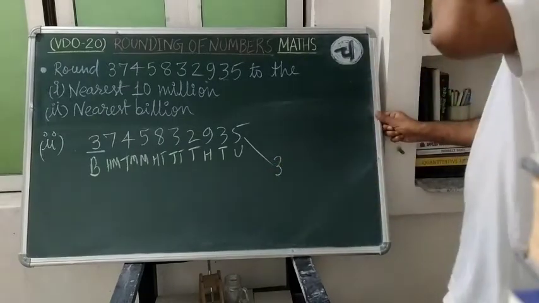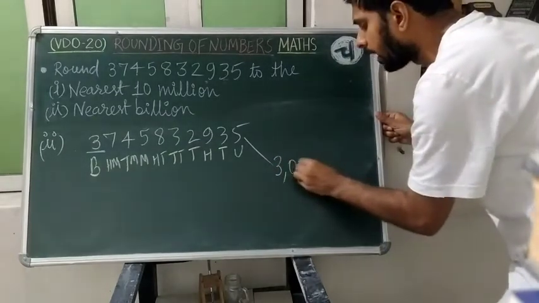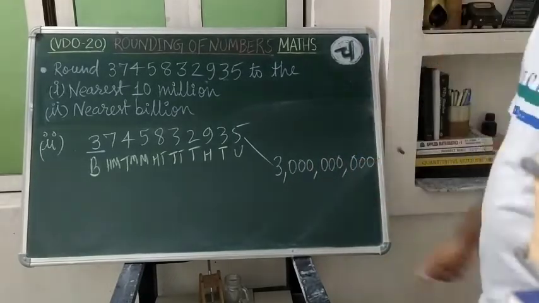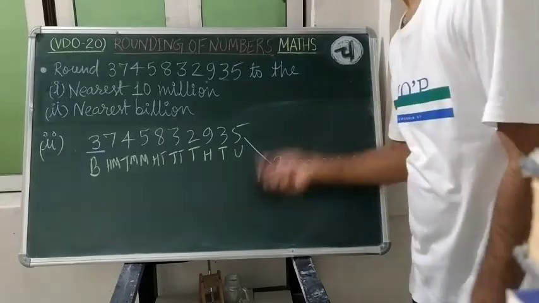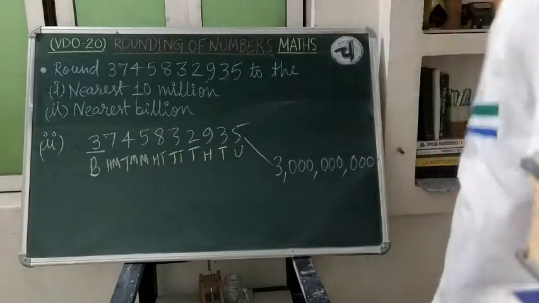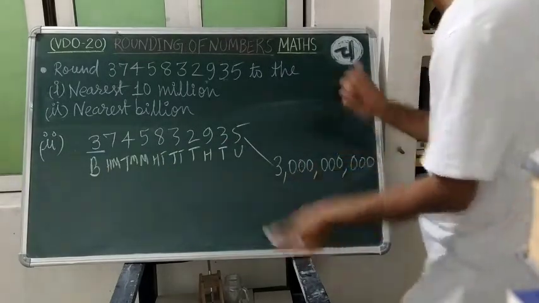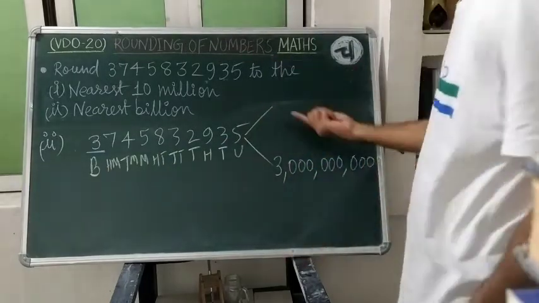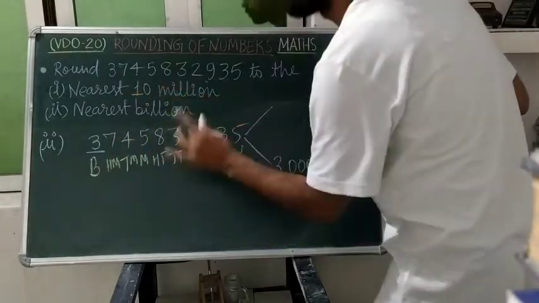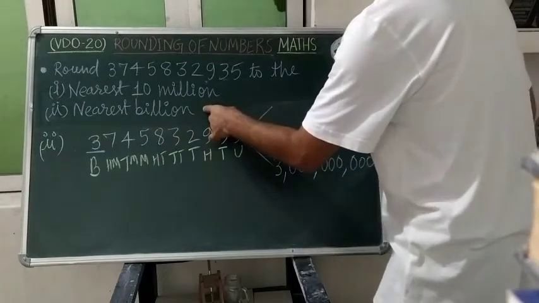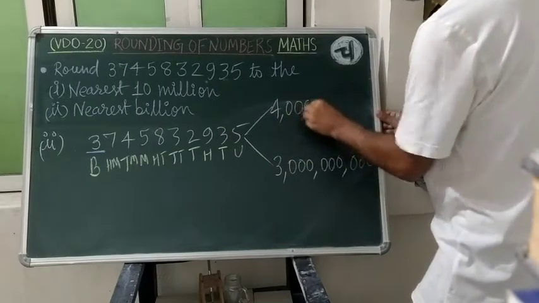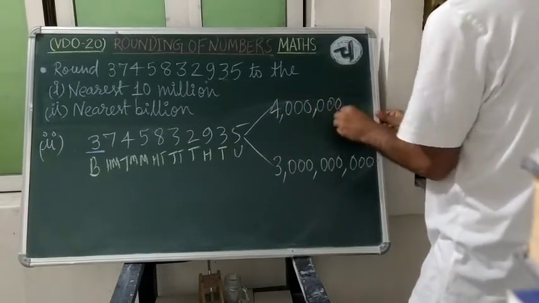How many zeros will there be in that 3 billion? 9 zeros will be there in 1 billion, and that multiple of 1 billion 3 times will give us 3 billion, and 1 up of it means that 3, 1 up is 4, so the multiple of 1 billion 4 times will give us 4 billion, isn't it? 9 zeros will come here,